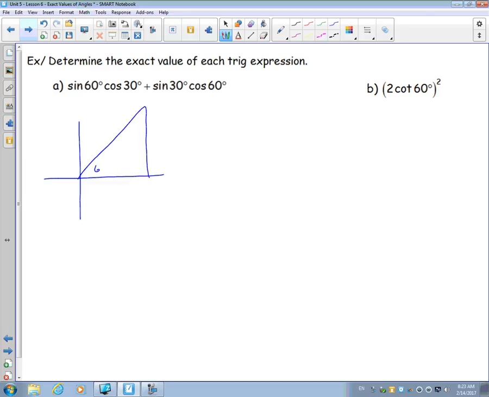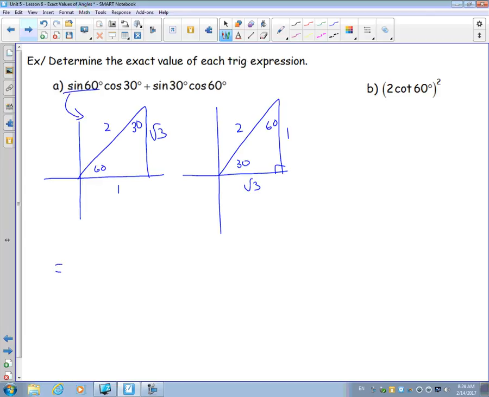So I need a 60, 30, root 3, 2, 1 triangle. I also see a 30 in this question, so I'm going to need a second triangle: 30, root 3, 60, 3, 2, 1. Now I can do the math. What is the sine of 60? According to this triangle, that's y over r. A cos 30 needs this triangle, which is x over r. I put brackets here to signify they're multiplying,